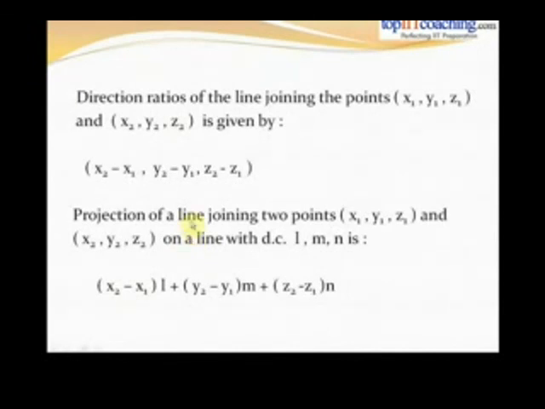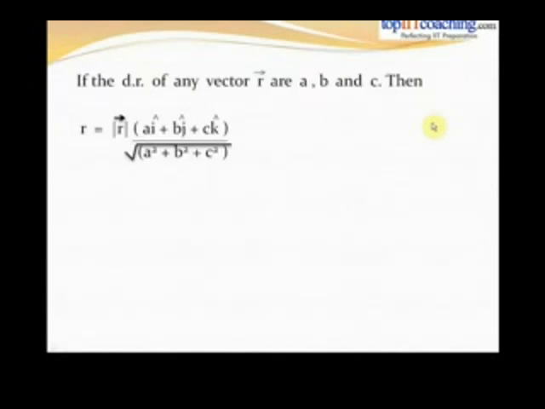If the direction ratios of any vector R are A, B and C, then the vector R is equal to modulus of vector R into A times I cap plus B times J cap plus C times K cap divided by under root of A square plus B square plus C square. So if we have got the direction ratios of any vector R as A, B, C, then R would be equal to modulus of R, that is the magnitude of the vector R, into A times I cap plus B times J cap plus C times K cap divided by under root of A square plus B square plus C square. Now we can also write this as